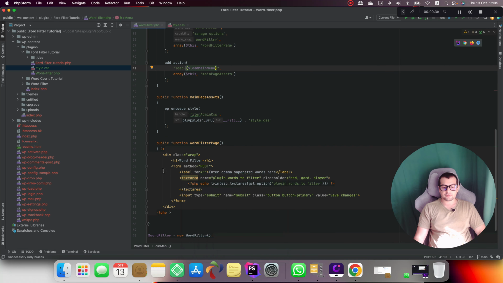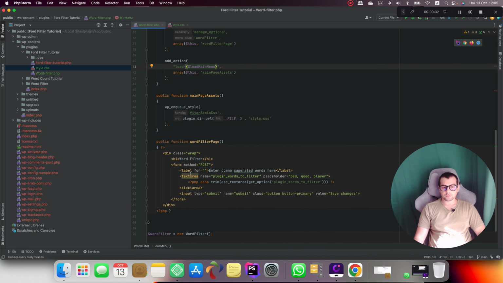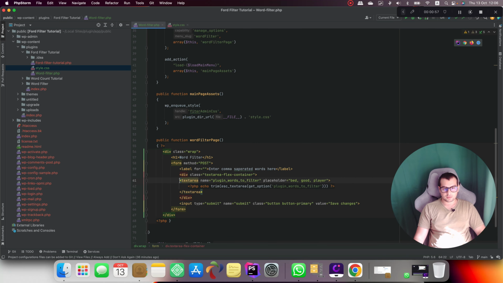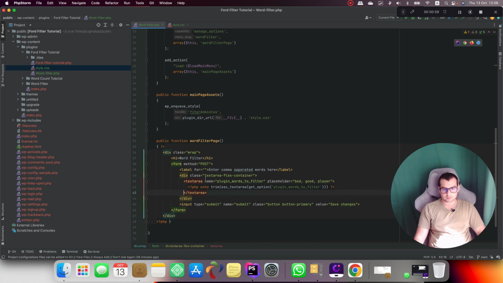What I am first going to do is put this text area inside a flex container. So let's do something like this, text area flex container, hitting tab, and I'm going to close the div right after the text area,